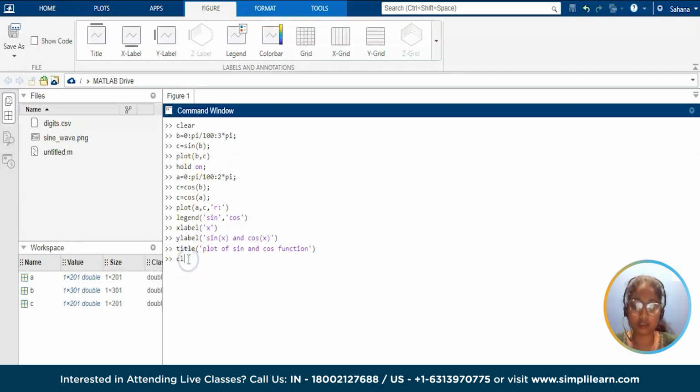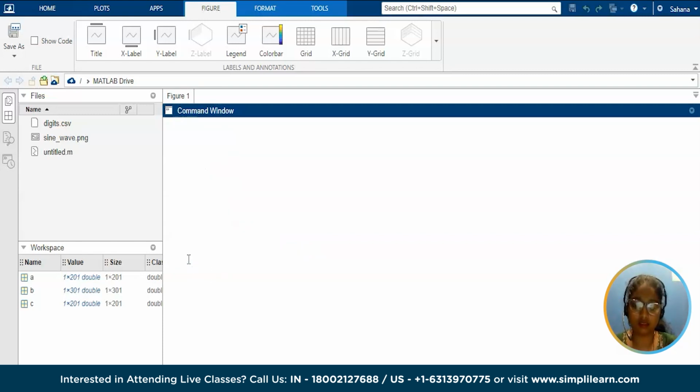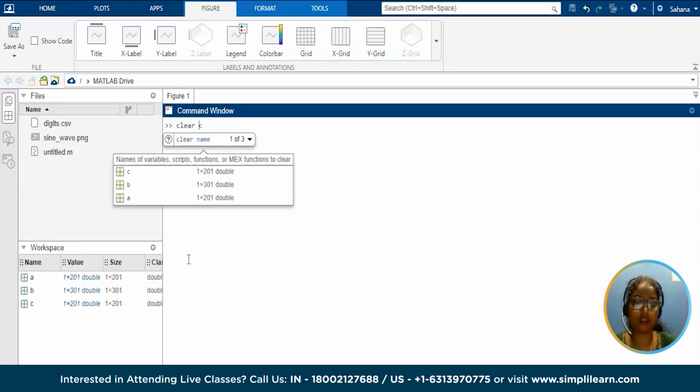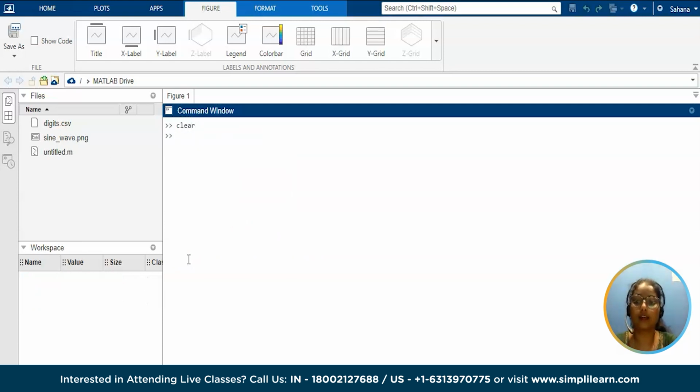Let me just clear my screen and clear all the variables. A style option in the plot command is a character string that consists of one or more characters that specify the color and the line style. To make it more clear, I'll take an example of a vector a which consists of elements from 1 to 5,